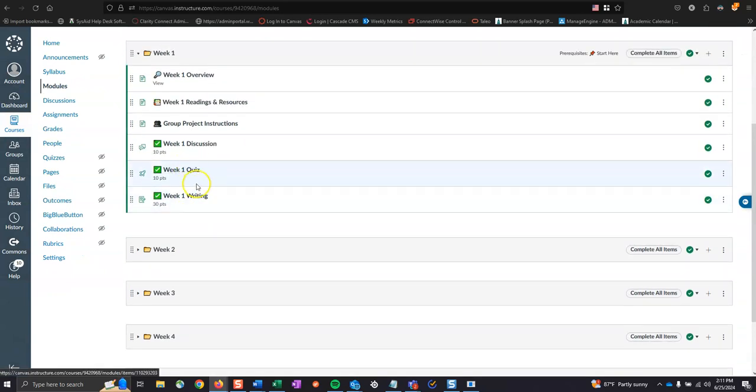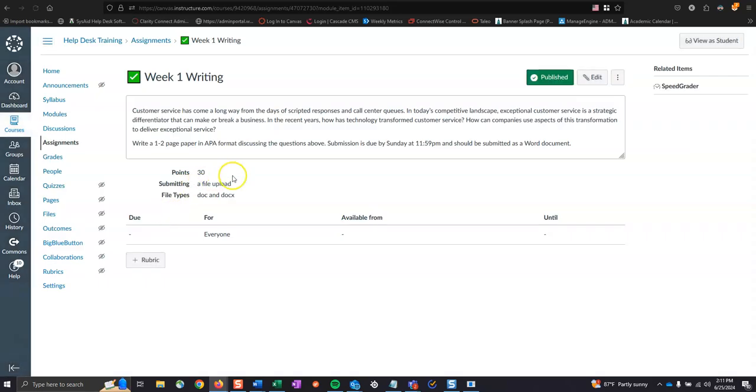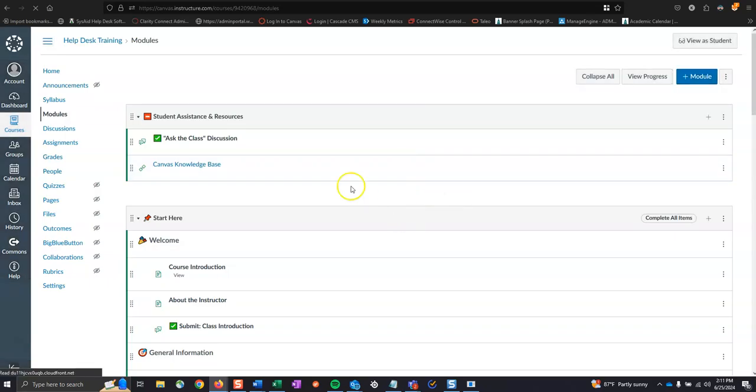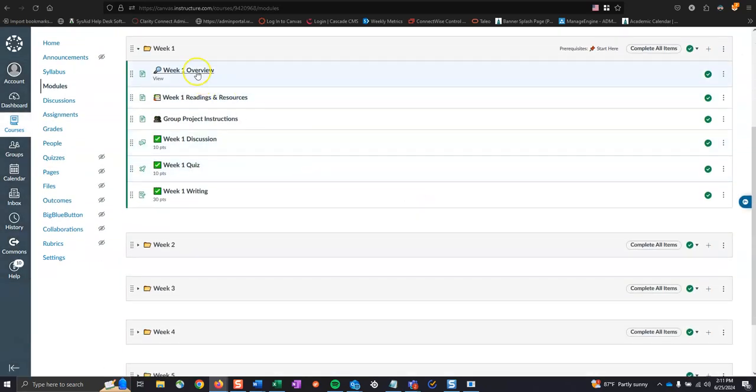And then after the week 1 quiz, we have the week 1 writing. That's going to be really picking that person's brain, giving examples and explaining how technology has transformed customer service and how you can deliver exceptional service. It will be a 1 to 2 page paper in APA format. And that just about does it for the contents of the module that they will walk through